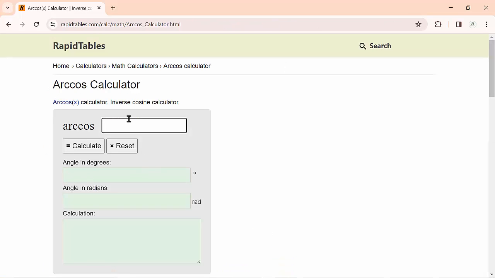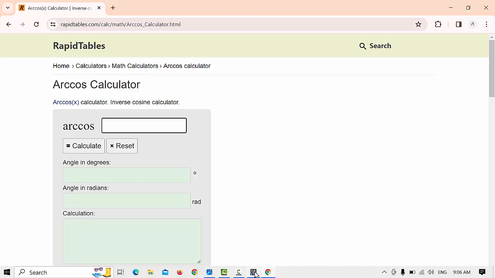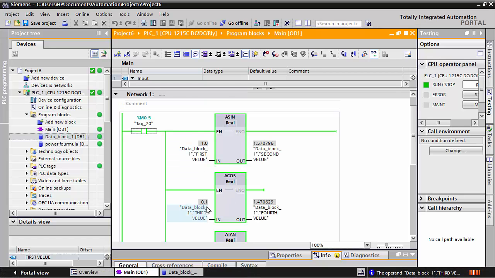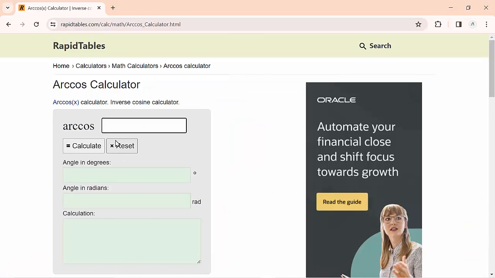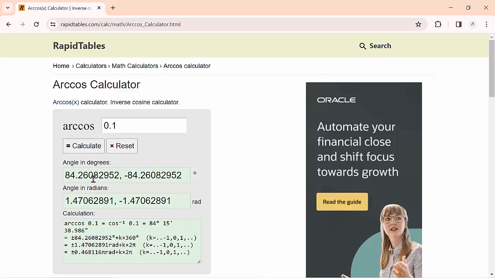For example, we write 0.1 in the command. When we write it in, it's giving the result; if in degrees we count the value, this value will become